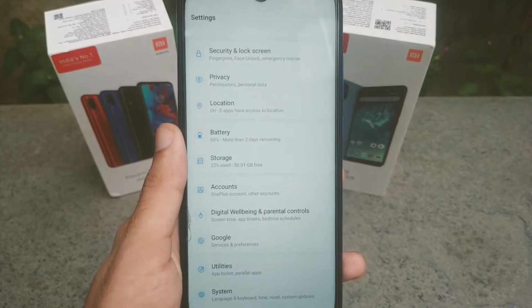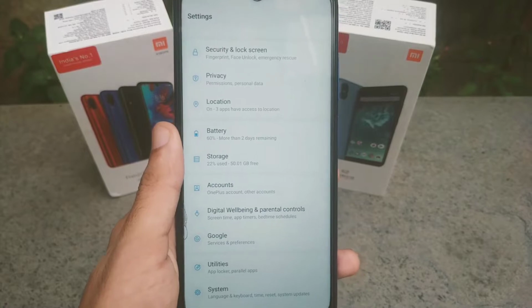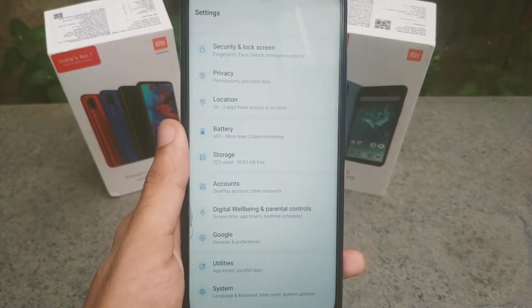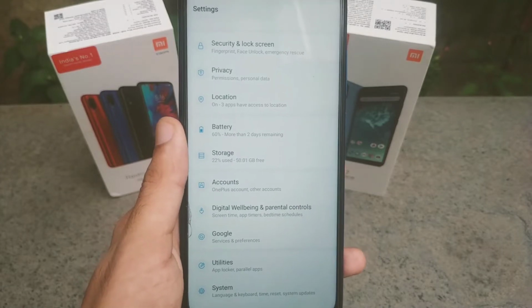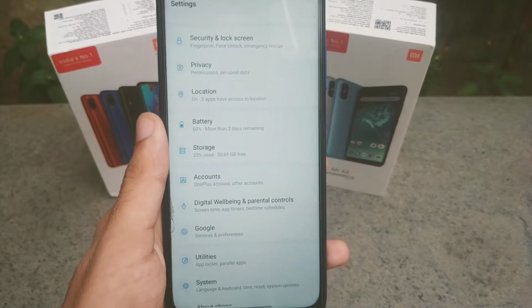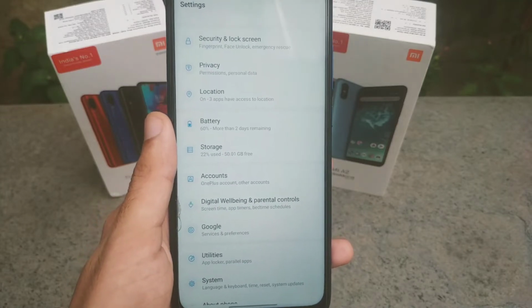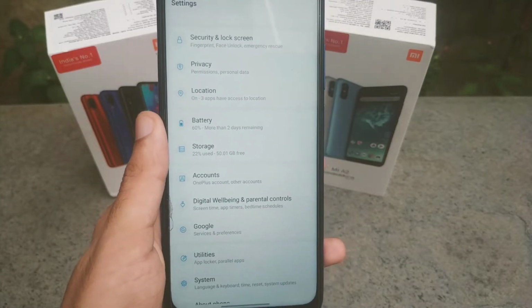I would not recommend you to use this as a daily driver because this ROM has many bugs and issues. So you will get irritated with this. There are many other options to use as a daily driver on your phone. I also made a few videos about them, such as Havoc OS and Pixel Experience. If you have not watched those videos, I'll give an I button on top so that you can go ahead and watch them.